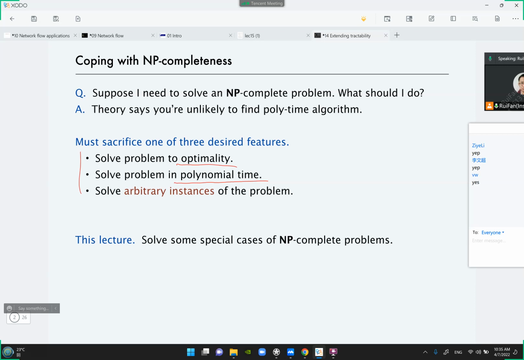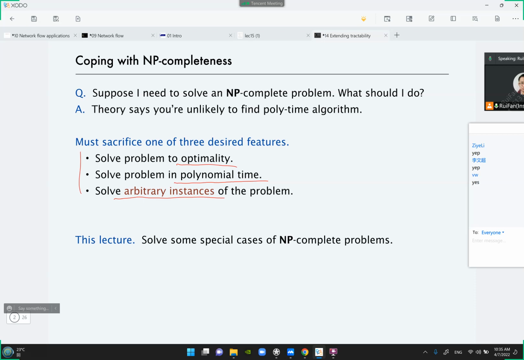But sometimes for many practical instances, you have small values of these parameters, and so then you can run your exponential time algorithm. And the final approach that people take to solving these NP-complete problems is to not try to solve all instances of these problems, but just try to focus on particular instances of the problems which might be easier to solve. For example, we saw that in the worst case, the Hamiltonian path problem is